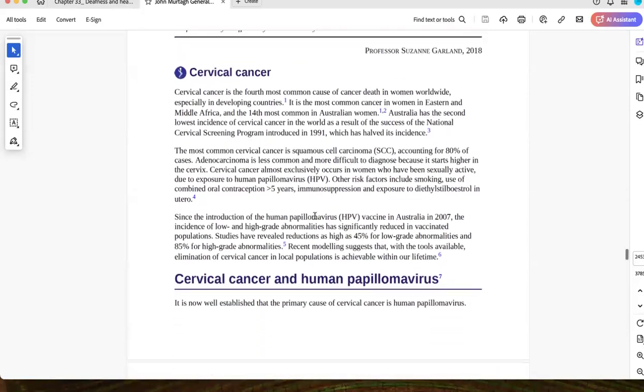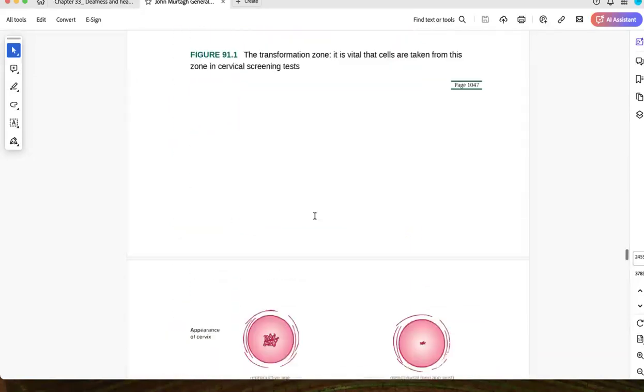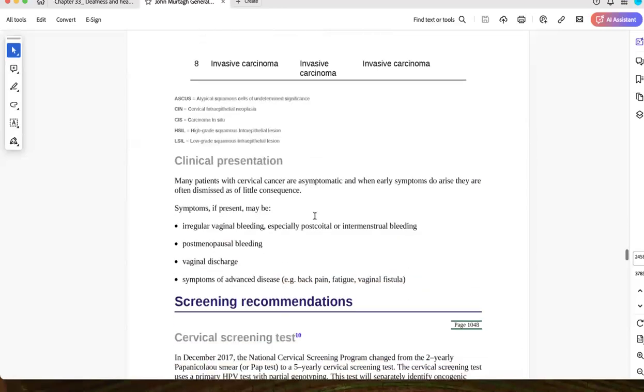Okay, let's go to John Murtagh because RACGP doesn't say anything really particular. So if we go through that,